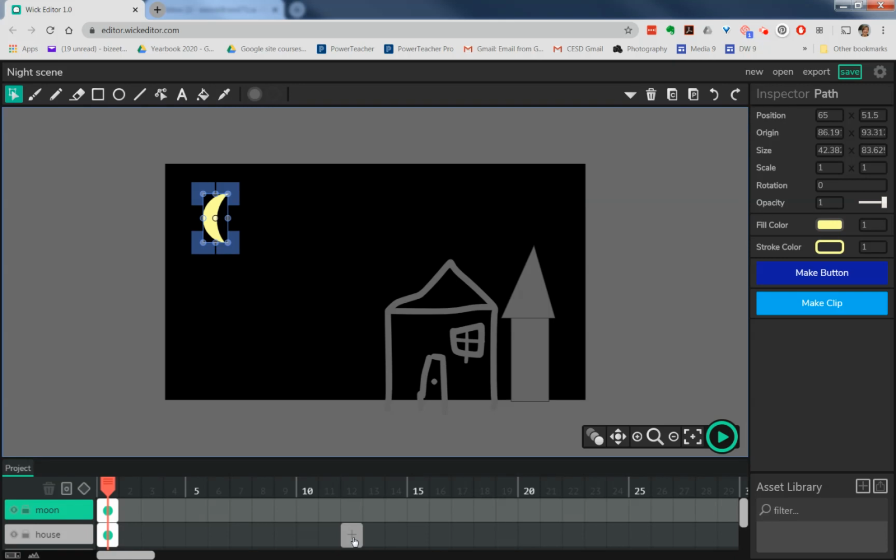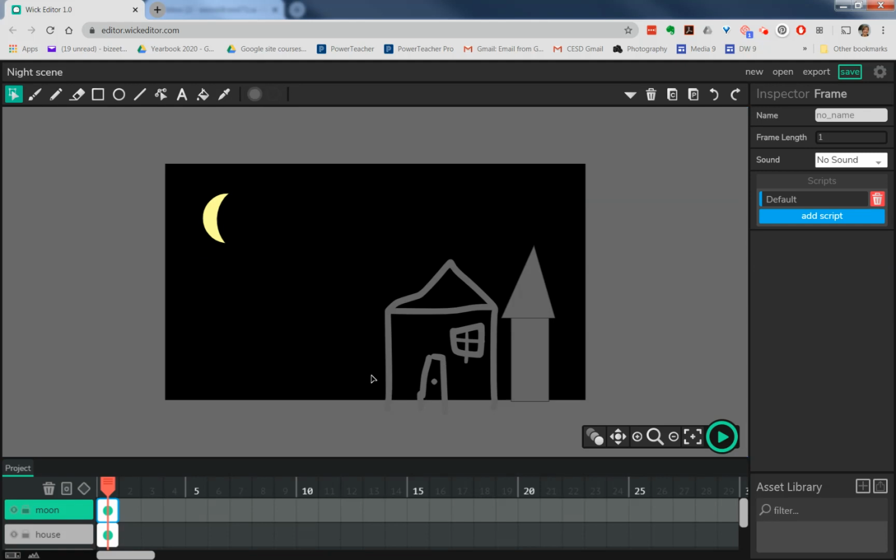So there is another way of animating that is called tweens. And tweens really is the, I guess, more advanced or more correct way of animating where we don't do it frame by frame. So I'm going to show you now how tween animation works. My moon is sitting here at frame 1. And let's say I wanted my moon to go from this part of the sky over to this part of the sky, over a 2-second period of time. So remember, we are making an animation at 12 frames per second. So 2 seconds would be